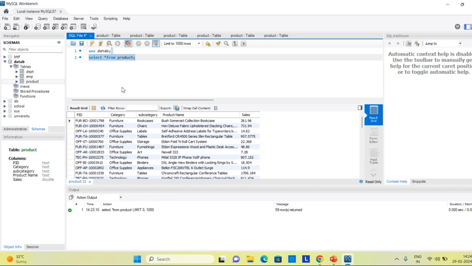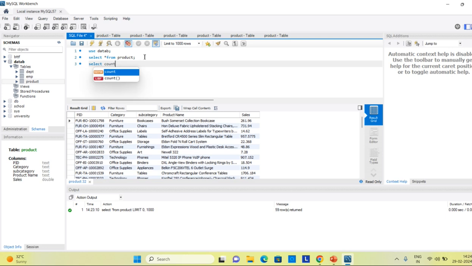So here I will identify one column, sales, on which I am performing the aggregate function, and I want to segregate or group the rows of the same nature together. So I will write select count. I want the total number of sales.